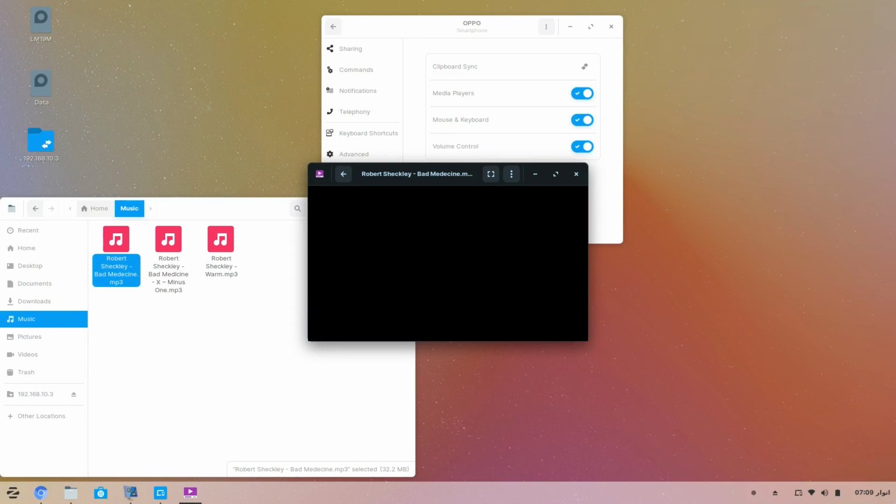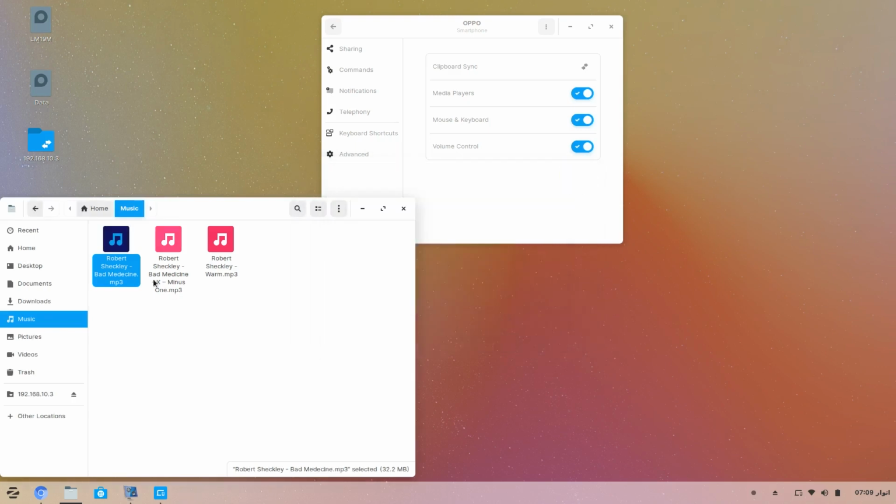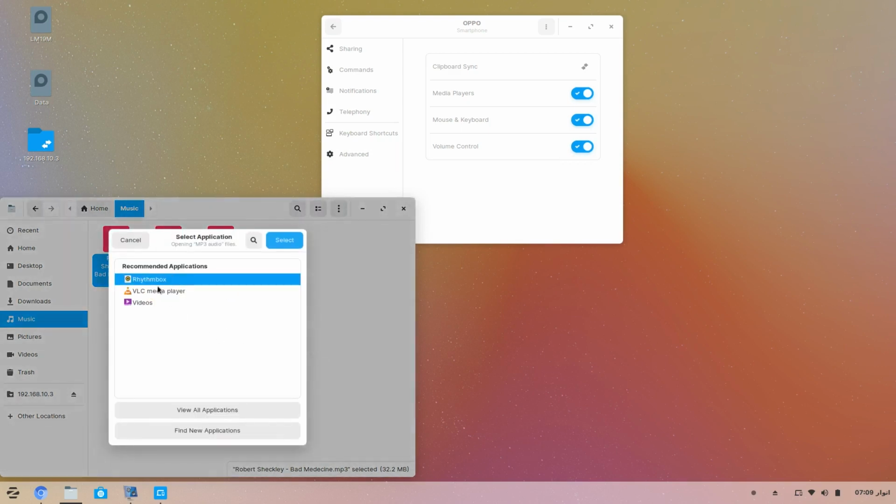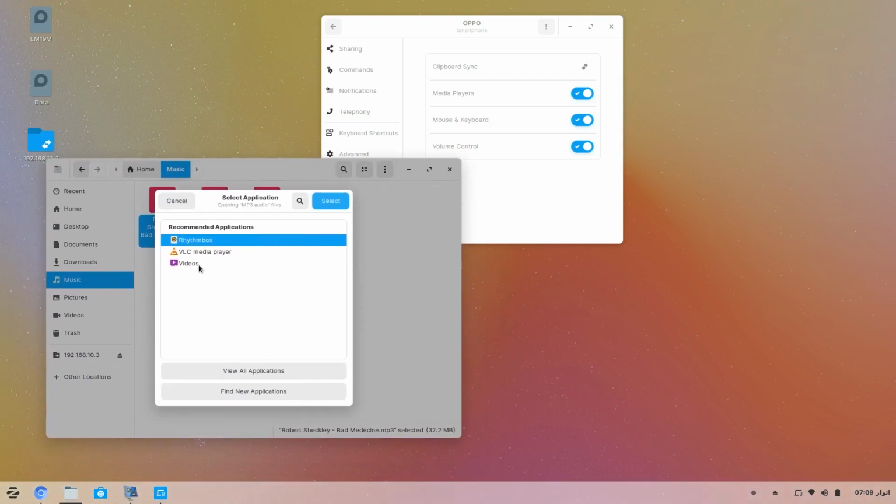There's something wrong. Yes, I got it. I just opened the audio files in the wrong application. It should be opened in Rhythmbox because it's an audio player and the other is a video player. By default it opens the video player for both. So I'm selecting here,